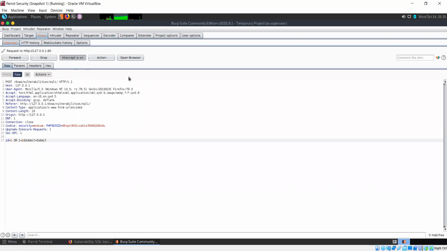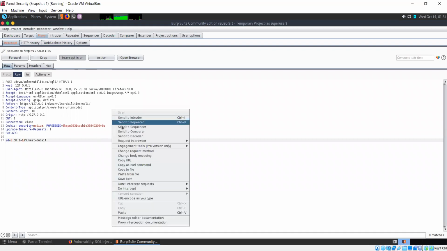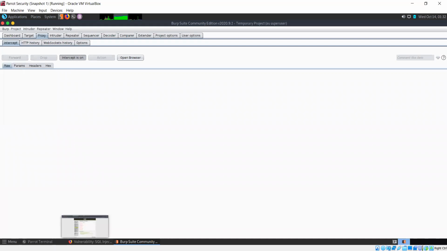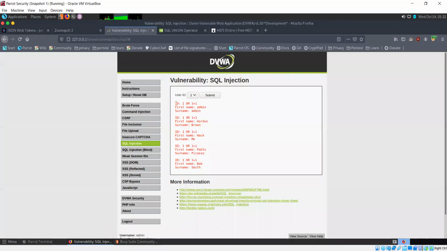Now there is a tool in Burp Suite known as repeater. So I'm going to right click here, send to repeater. The benefit of repeater is, let's say I'm having difficulties with this, so I'm trying multiple payloads to see what works. In that case, I won't have to intercept the request every time. I can simply use repeater to send the request multiple times. I'll take a look at that in just a moment. For now, let's just try forwarding this, see what happens. We forwarded it and we've gotten our data.